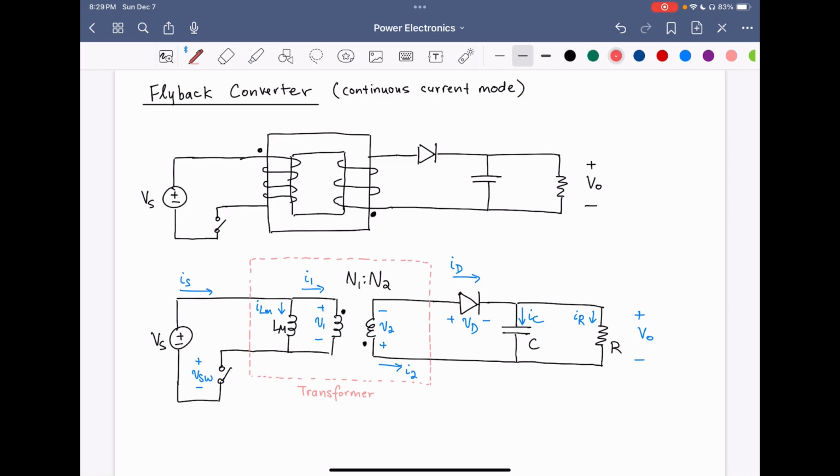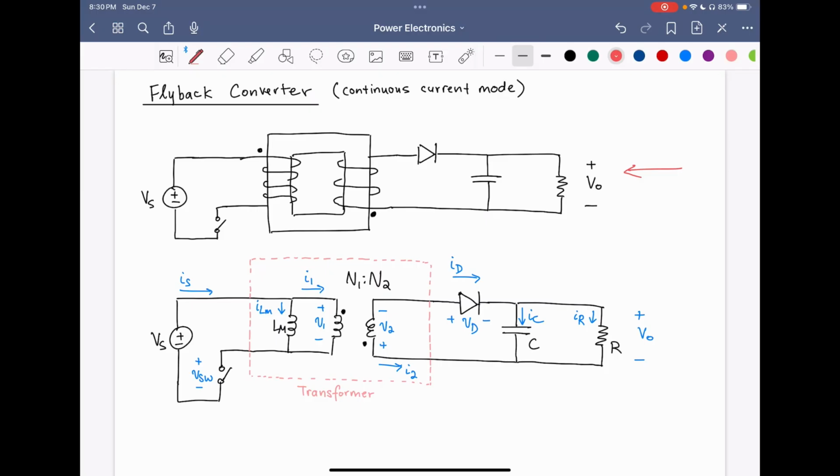In this video, I'm going to go over the analysis of a flyback converter operating in the continuous current mode. Now, this flyback converter is one of the most popular isolated DC-DC converter topologies out there. It's very widely used. And as you can see in this top circuit schematic of the flyback converter, it's very